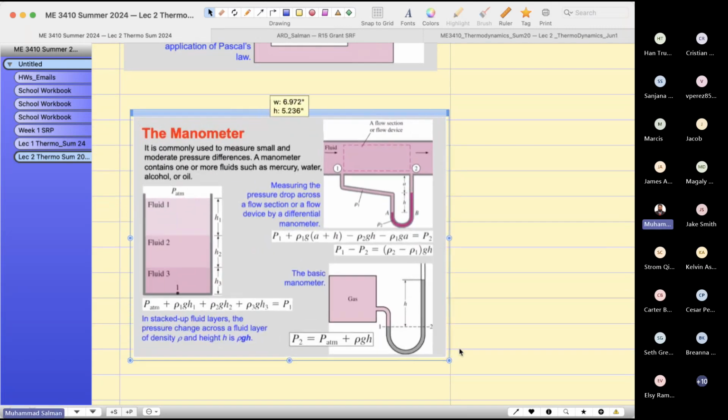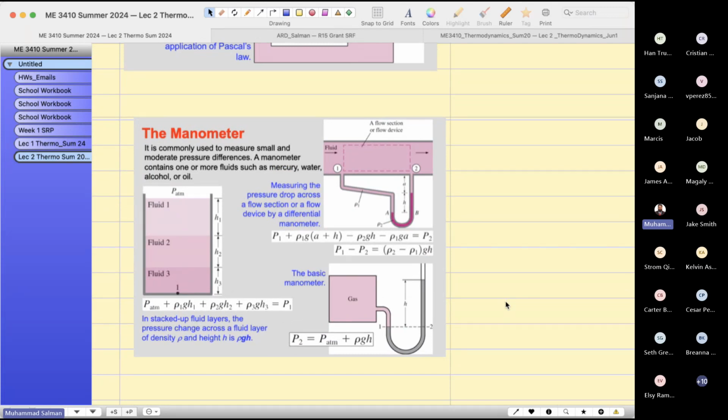And what is a manometer? It is used to measure the pressure difference, and it contains one or more types of fluids such as mercury, water, alcohol, oil, etc. In this case, if you want to find out the pressure at location 1, you keep on adding the head: rho GH1 plus rho GH2 plus rho GH3. This rho varies from liquid to liquid, fluid 1, fluid 2, fluid 3, and G,